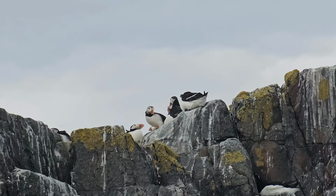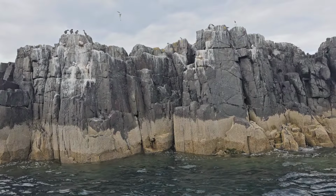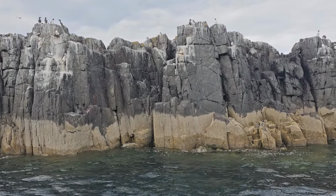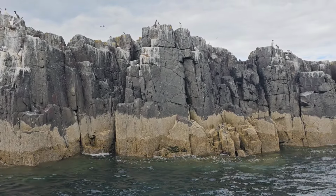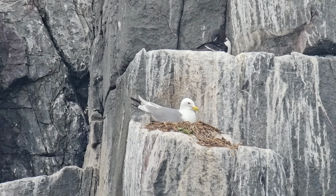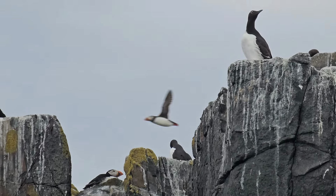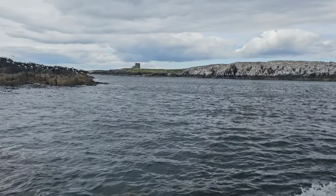Now we also have some razorbills on the cliff face there, and looking similar to guillemots, they lay a single white egg on the edge of the bare rock so they can easily access the sea when their chick is ready to leave. Now, although there are just under 43,000 guillemots in the islands, and just over